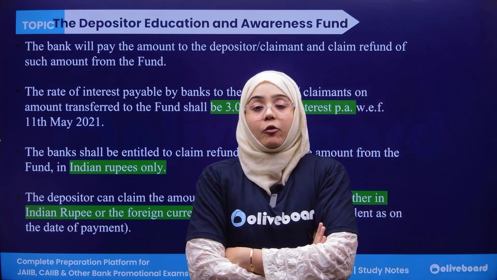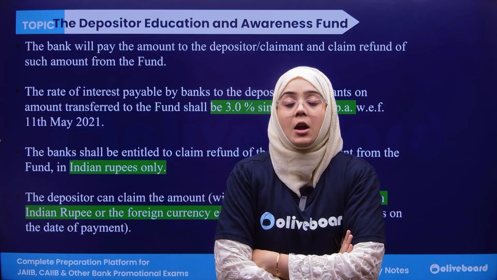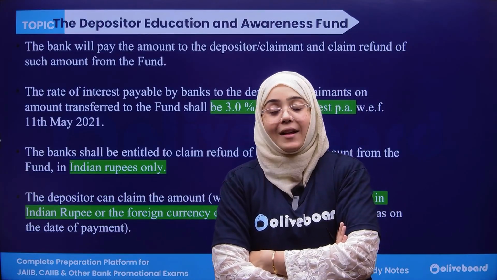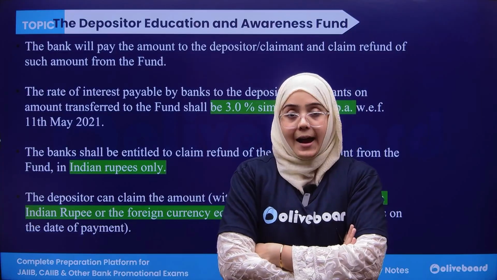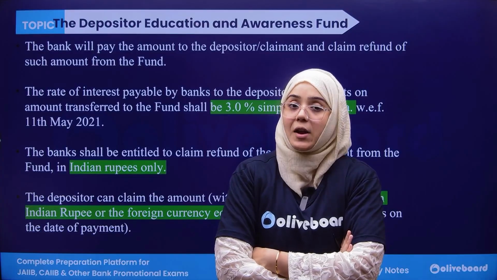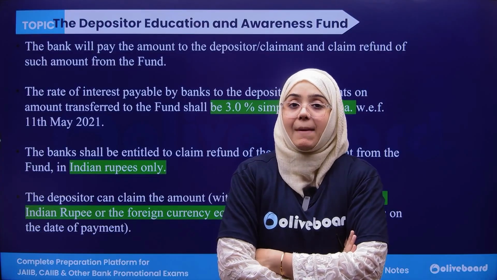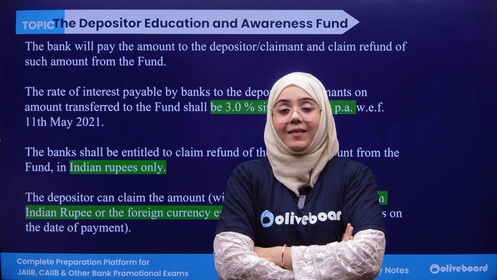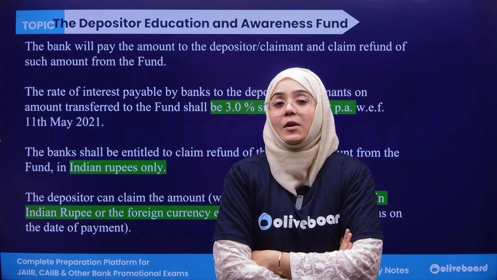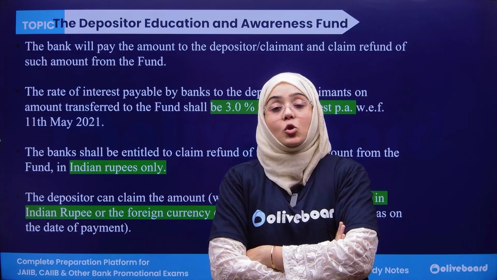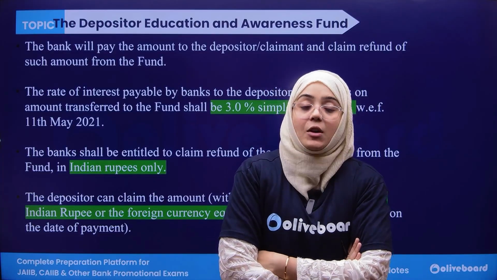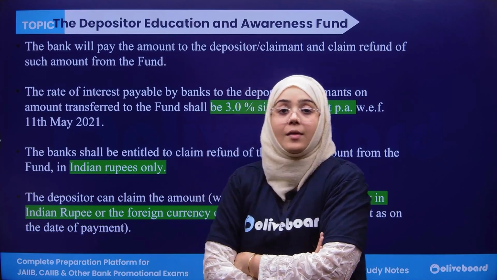So if there is a request, for example, I have an account in which there is no activity for the last 10 years. Now my amount has been transferred to the DEF account. I have seen that my deposit has been transferred to DEF. Now I can reclaim back my amount. If I have requested the bank to reclaim my fund, then the bank should process my reclaim request and should ask the DEF to refund first of all to the bank,